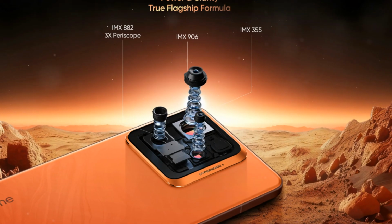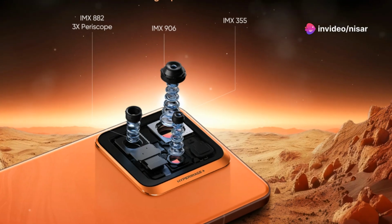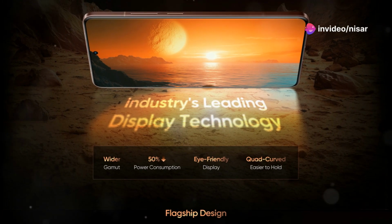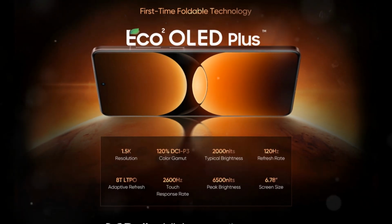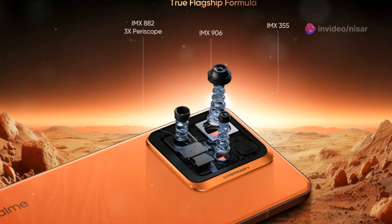But what about the camera? The 50-megapixel Sony IMX882 periscope portrait lens takes stunning photos with incredible detail, and with its 3x zoom, it lets you capture professional-level portraits. You also get a 50-megapixel main camera, 8-megapixel ultra-wide lens, and a 16-megapixel front-facing camera for